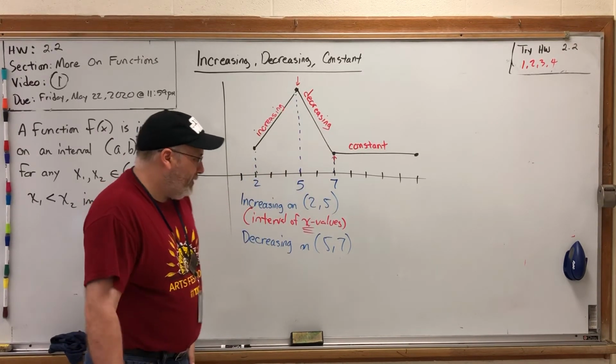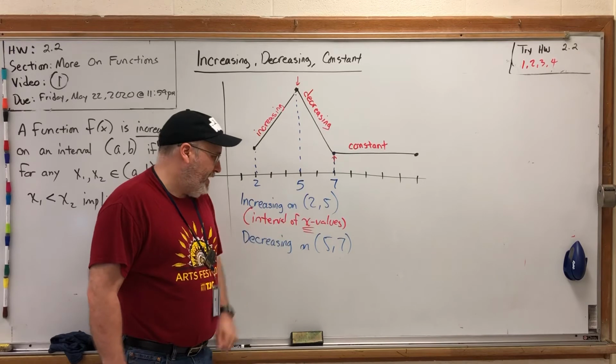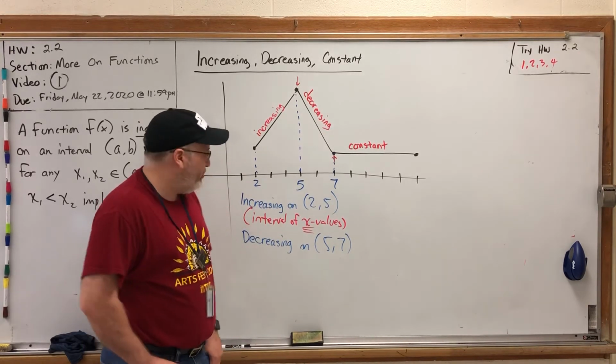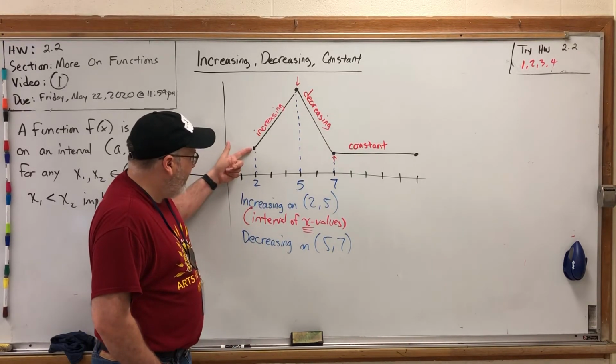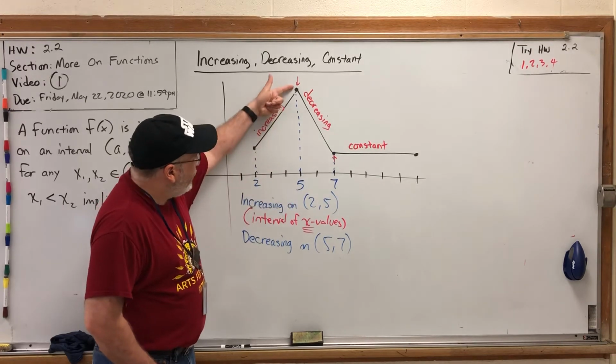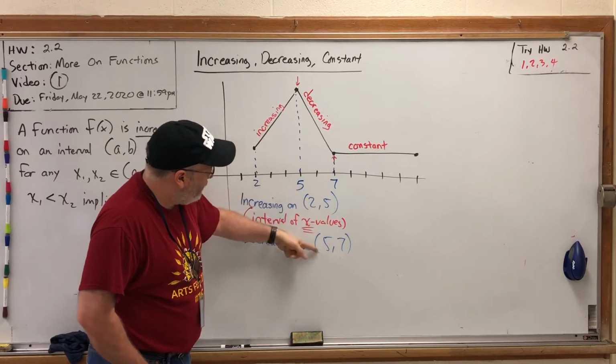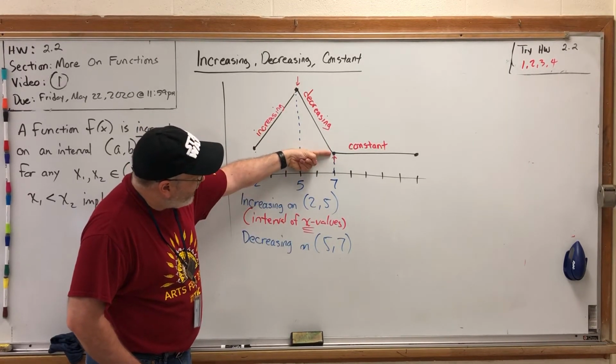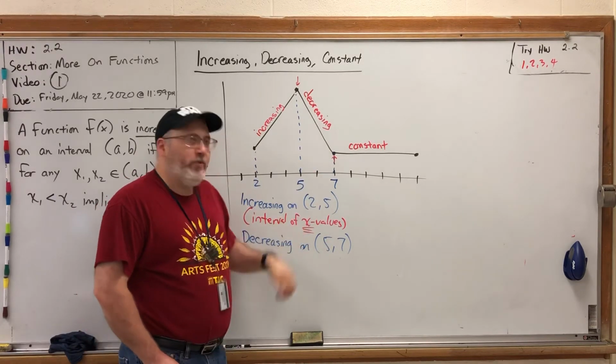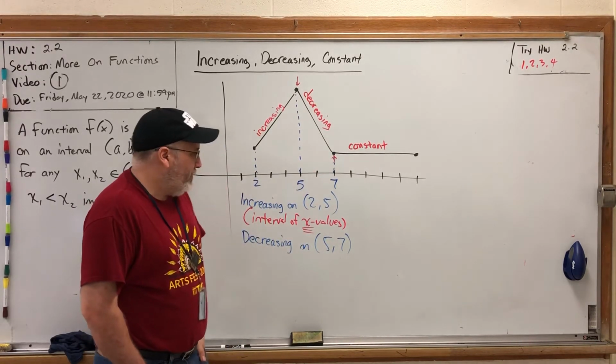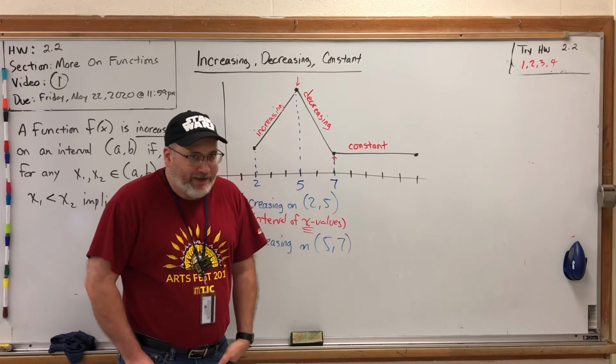Now you might be wondering, once again, why do these both have parentheses instead of brackets? Isn't this point included on the graph? And isn't this point included on the graph? Of course, all those points are included on the graph, but the reason we're using parentheses instead of brackets when